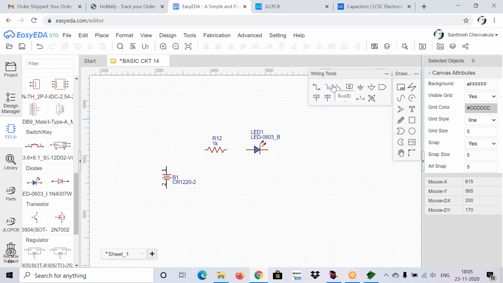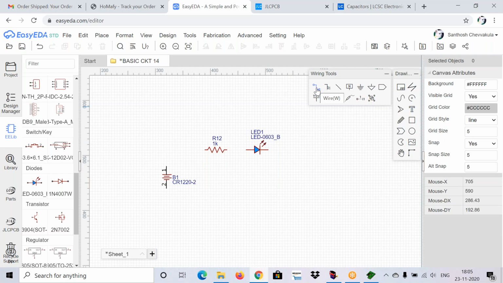No need of using bus or bus entry like that. The next one is net label, ground. Net flag ground. Like that we can use all these wiring tools. And if you want VCC or 5 volts like that, you can use all these in the circuits, if you need them.